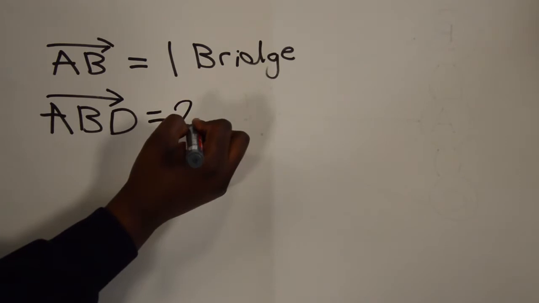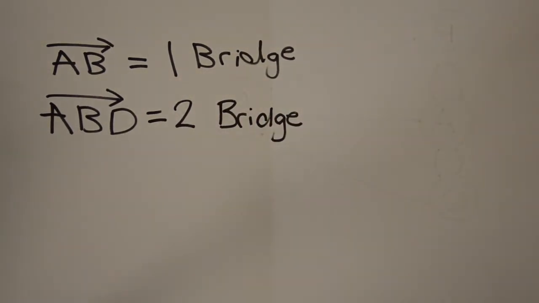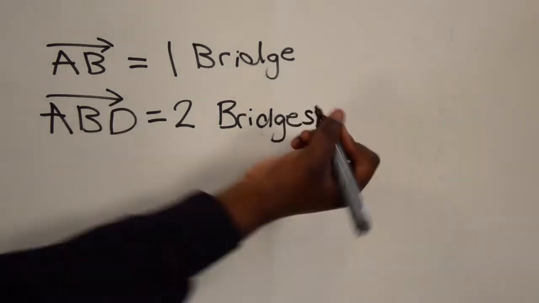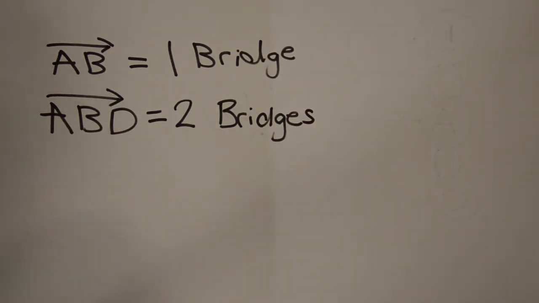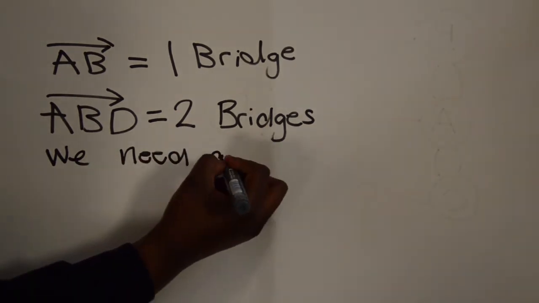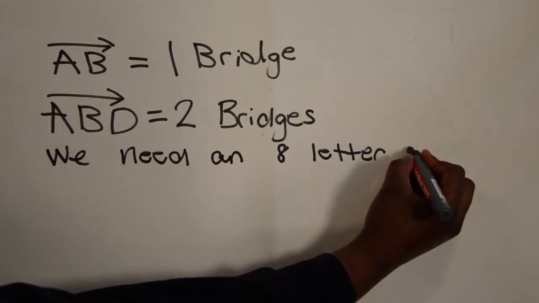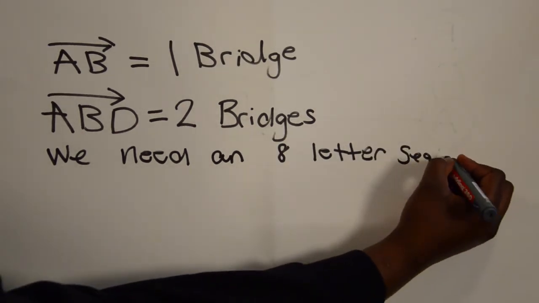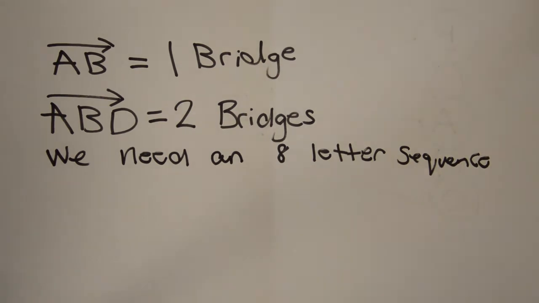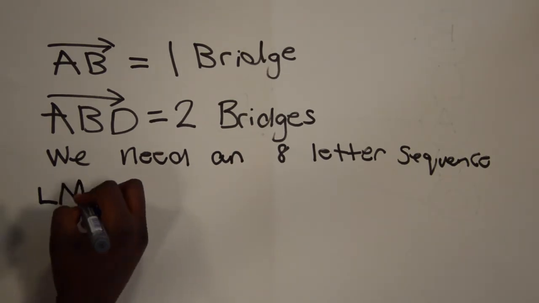Euler then explains that if one of these land masses has an odd number of bridges, then you can work out how many times this landmass will be crossed. He does this by proving that if a node has an odd number of edges, you can calculate the number of times this node occurs. He proves this by adding 1 to the number of edges and then dividing by 2. For example, node A, which has 5 edges linking it, must be used 3 times and thus represent 3 letters